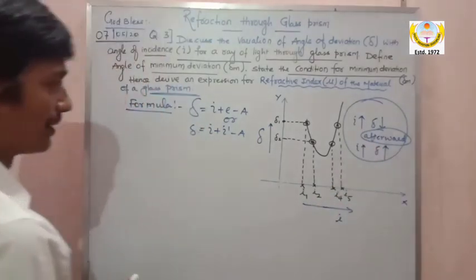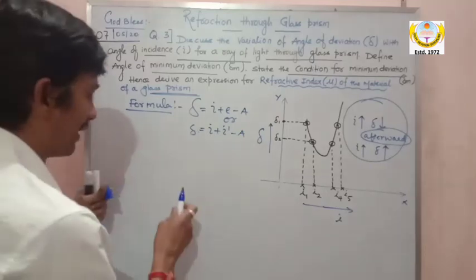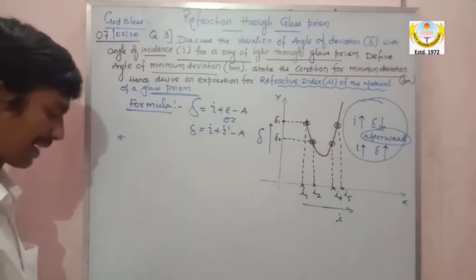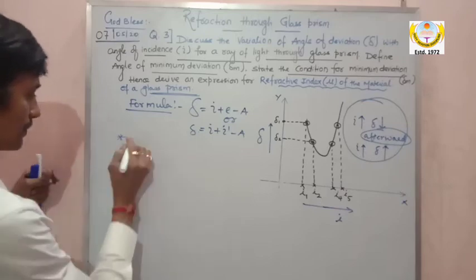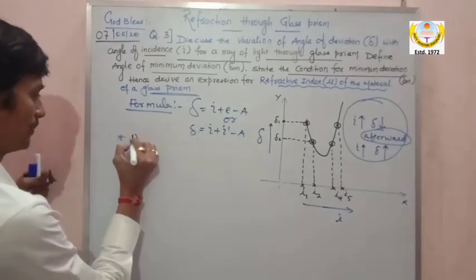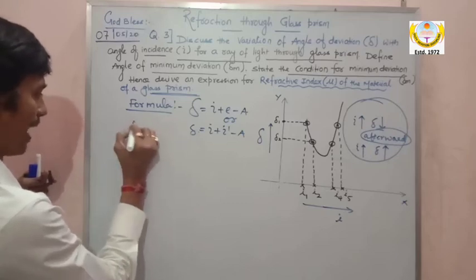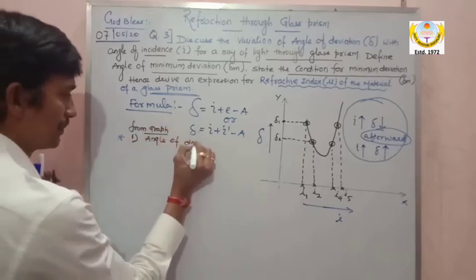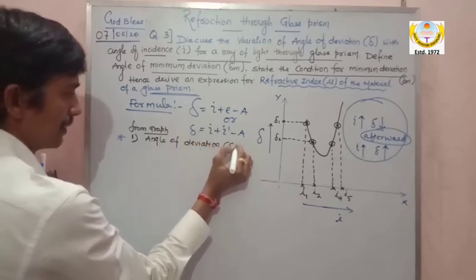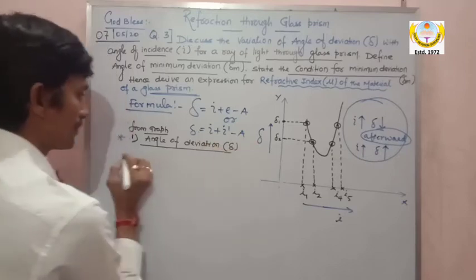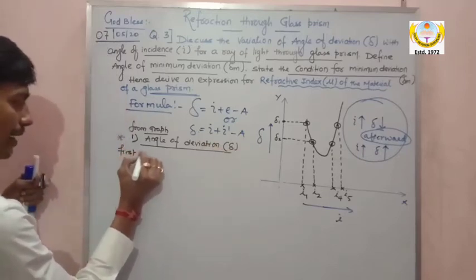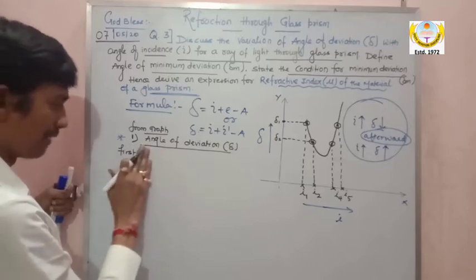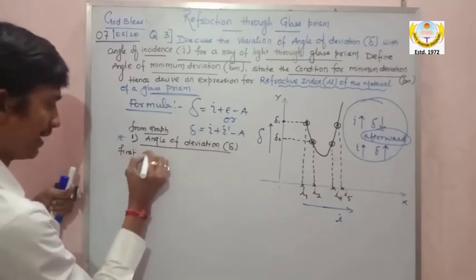Now my dear, from this, what I have observed, I can conclude here. First point, angle of deviation from the graph, angle of deviation delta first decreases